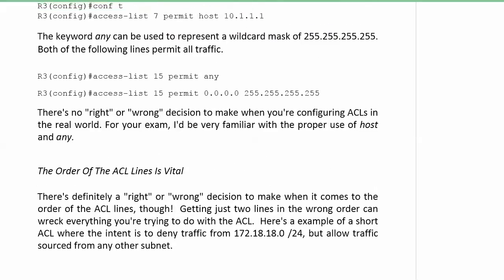And here we have them. Access list 15 permit any, or access list 15 permit 0.0.0.0 followed by 255.255.255.255, four octets. There is no right or wrong decision here when you're configuring ACLs with host and any. You can choose to use them. Maybe your company's change control says don't use them. Doesn't matter. But on the exam, I would be very familiar with the proper use of both host and any,